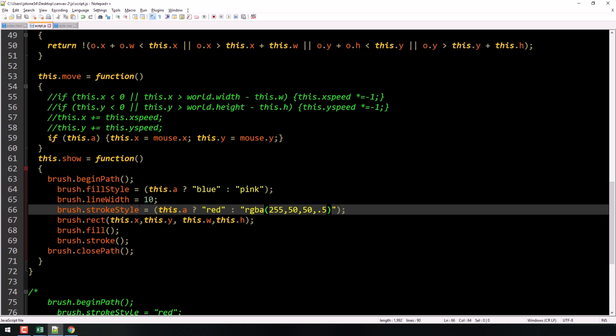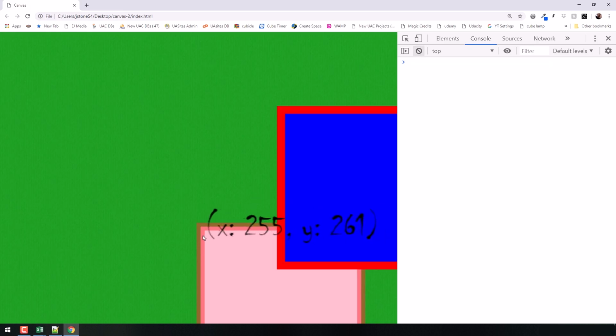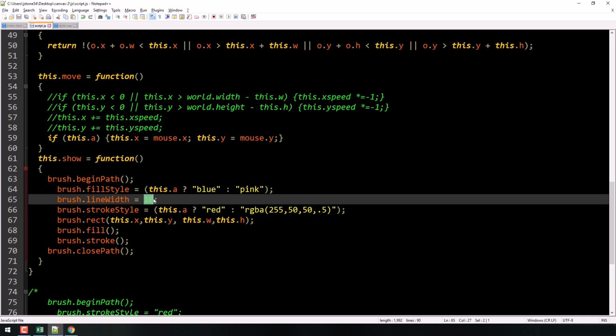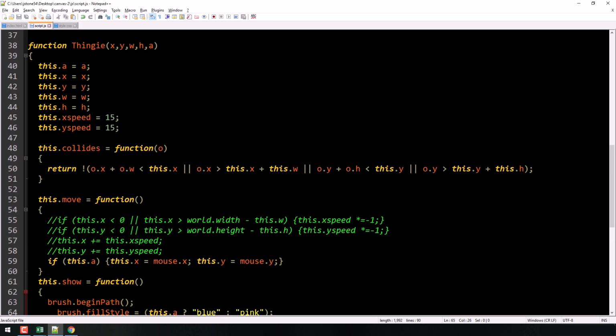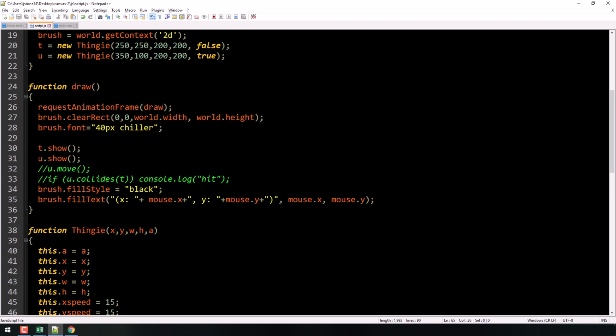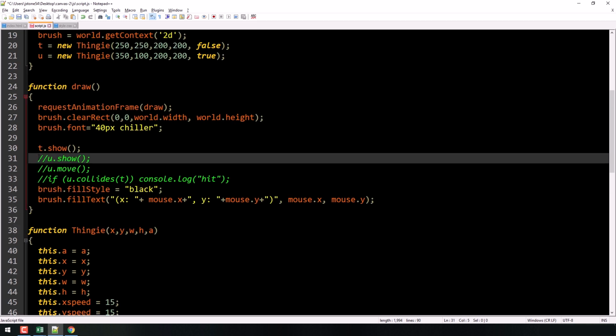But remember, I made a line width of 10. It actually does not add 10 pixels to the border. It adds half that. So that 10 pixel border, 5 of it's inside the box, 5 of it's outside the box. So if you have a border on there, let's make it a little bit more obvious, like a huge thing here. All right, let's screen that a little bit. And let me get rid of that other rectangle too. That's bugging me. Where's my draw? I think U is the one I need to hide there.